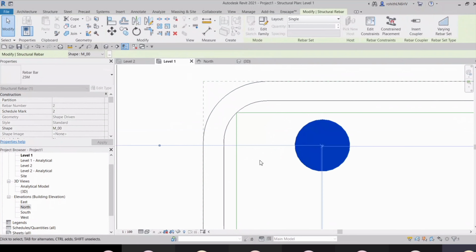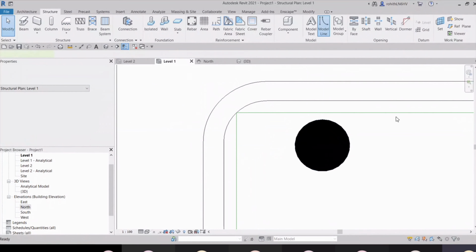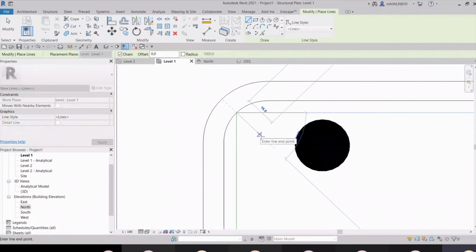Let me move it and go with this model line, and you know how much the center will be from this. So it will be like 12.5, right? Because 25 is the dia, or from here also you can snap and move it there.